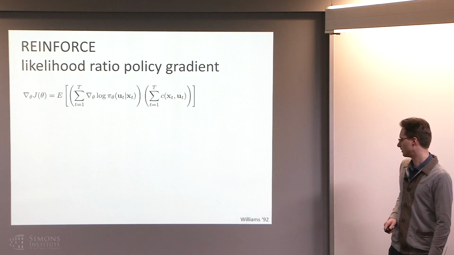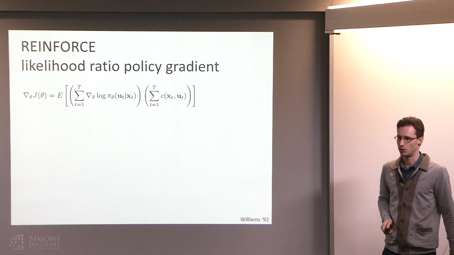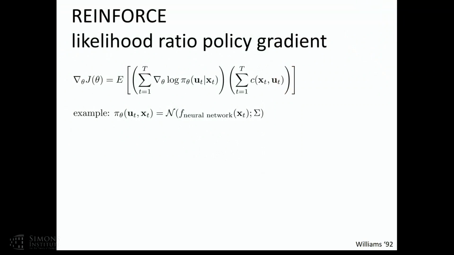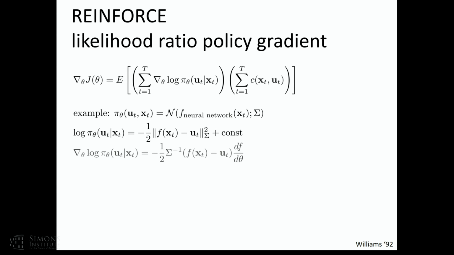There's a little bit more that we can do to make this into a practical policy optimization procedure. Before I get into that, let me give a concrete example of an actual policy you might use. If we have a continuous control problem, our policy might be a conditional Gaussian, where the mean depends on the state, maybe through some complicated function like a neural network. That means the log probability is just the squared difference between the action that we took and the mean of the neural net under the covariance. So we can compute a gradient of it and everything is all good.